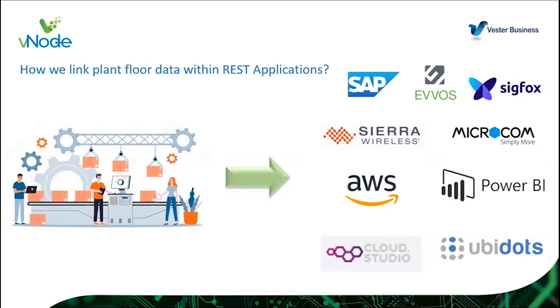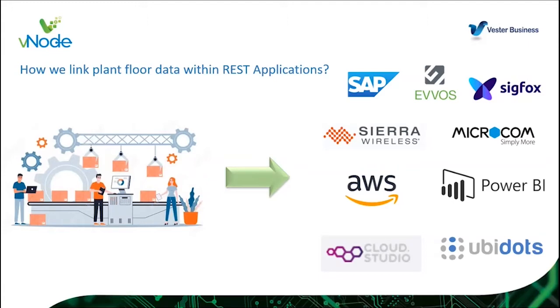You will be using Power BI from Microsoft Azure, so you can treat the data and generate your own dashboards. You can send information to Ubidots. You can send information to Cloud Studio. You can send information to SAP, actually, over REST API. And also, you can send information to any other application, also customized by its own developers, that receive information over